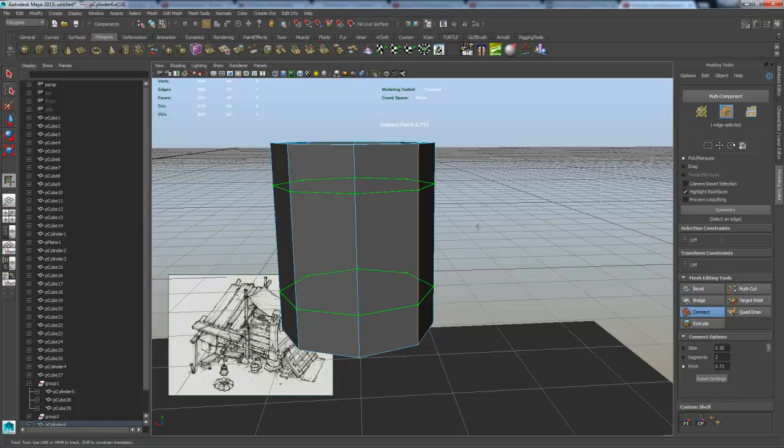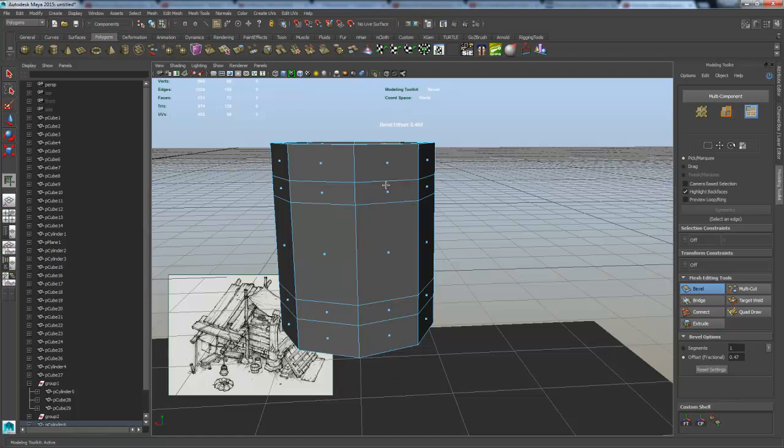And then once I'm done with that, I'm just going to press enter, and that's also going to take you out of the tool. Once I've done that, I'm going to then bevel both of these, and that's going to give me the depth, how wide I want the metal rings to be. Something along that should be good. And then after that, I need to essentially extrude